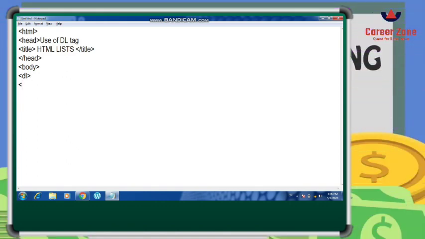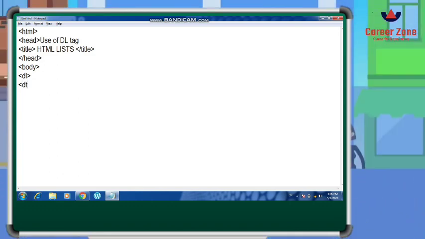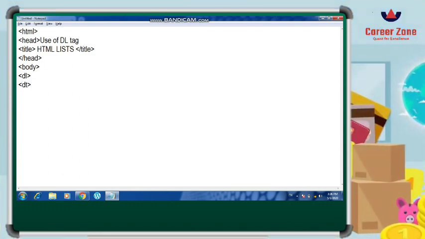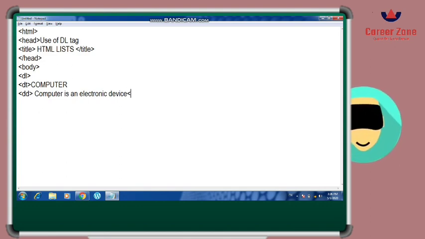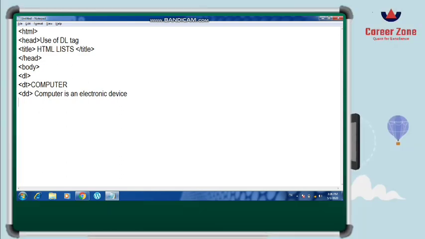So let us write here definition term, computer, and the definition data will be the definition of the computer. Okay, so I am closing here. Definition data, it is closed here.